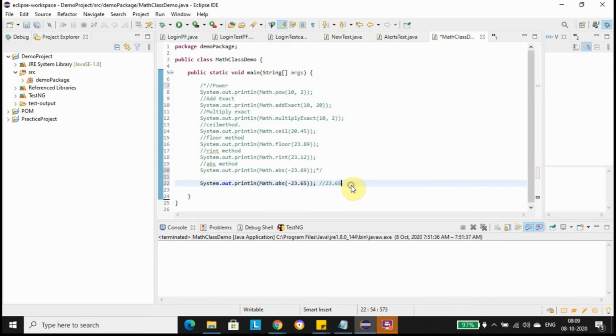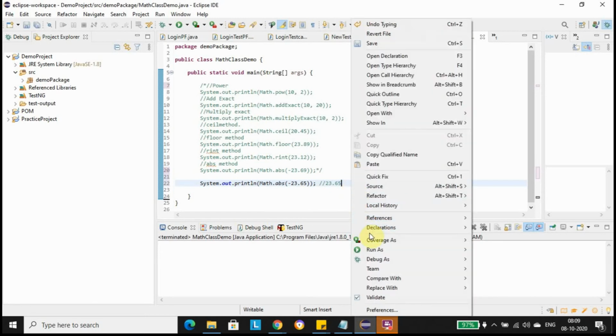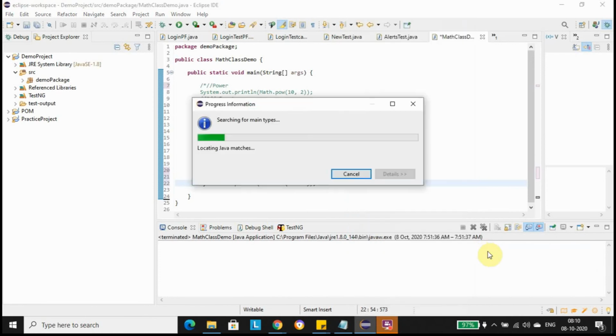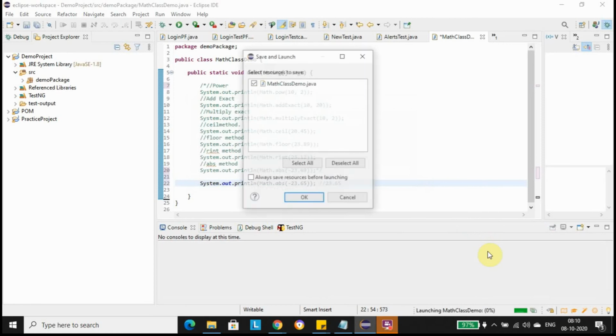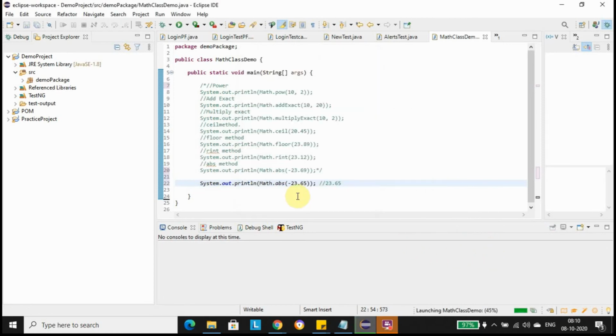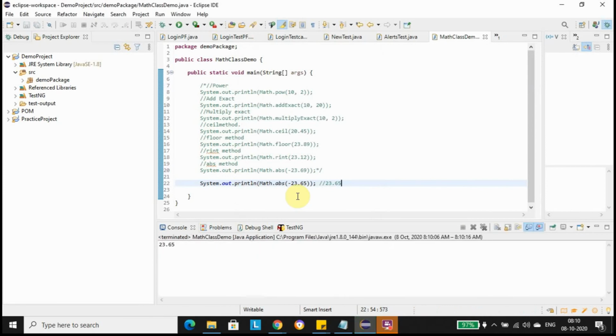Let's run it and see if our output is coming as expected or not. Yes, we get the output as 23.65.